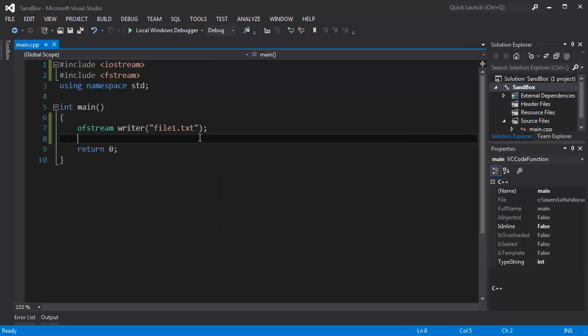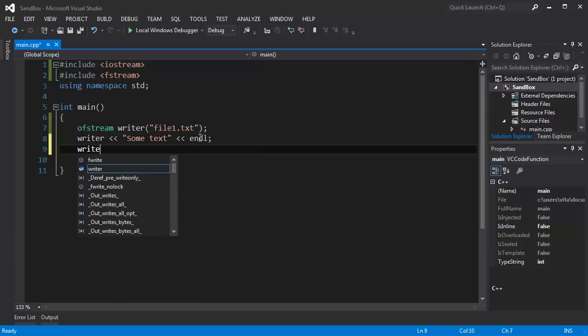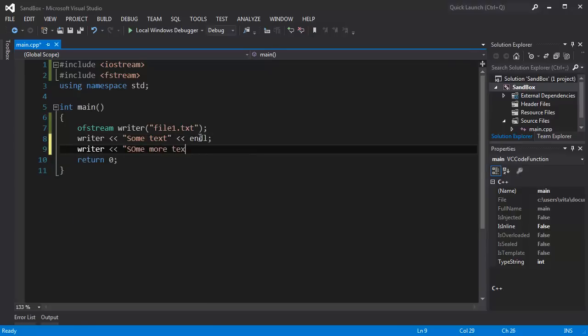And now we're going to actually write something in the file. It's as simple as writing text to a console window. Instead of cout, you just write writer, and you write some text like that. You can also add an endl and you can write some more text. So you can write numbers, they're considered strings,